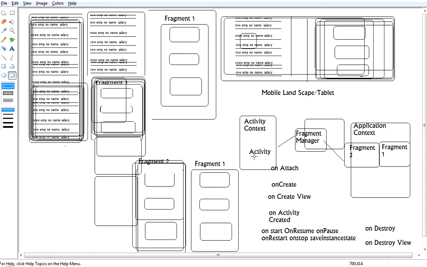The fragment is within the activity, and it is tied with the activity. So when the activity is destroyed, the fragment is also destroyed. When the fragment manager sees that the activity is destroyed, through whatever tie mechanism there is, it destroys the fragment also. So in this way,